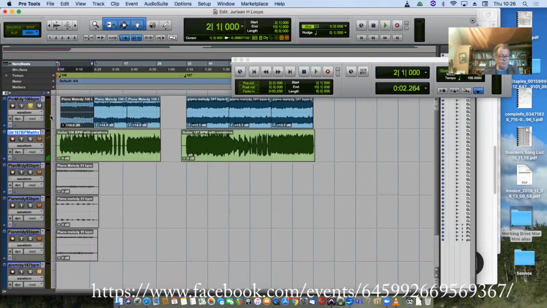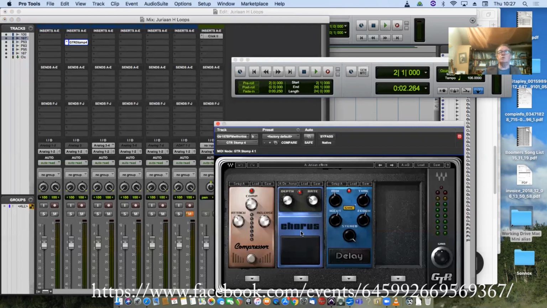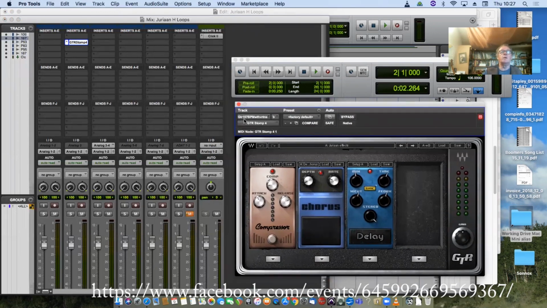Okay, that's simple enough. So I knew what the tempo was. I looped it up, so I've got 3 to play over. And then I added some guitar. Now, sound-wise, I've put some effects on it. I've put compression, chorus, and delay, because that's what was on the reference file. But I've not recorded these effects, and I can turn them off.